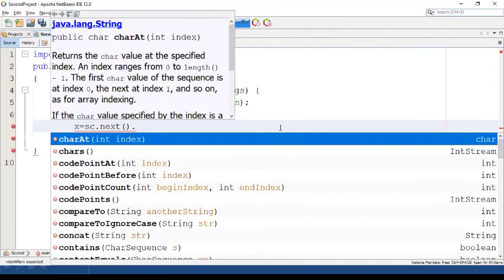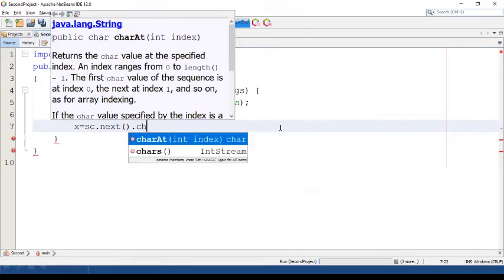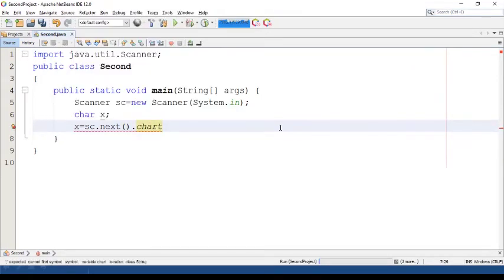For extracting the first letter, there is a method called charAt method. charAt 0th index. This sc.next method will read as a string. For extracting the first letter, you have to use a method called charAt method of String class. As you are extracting the first letter, the index should be 0.